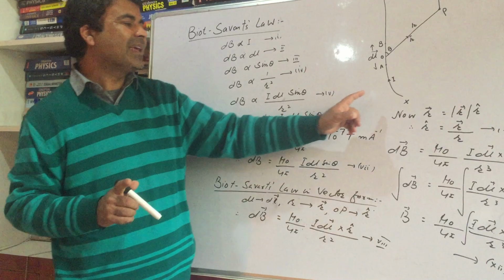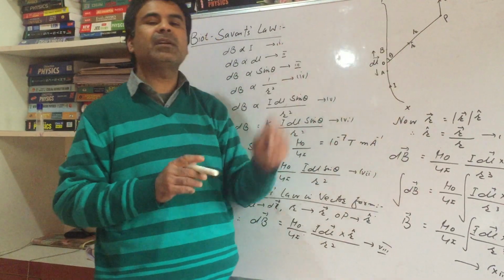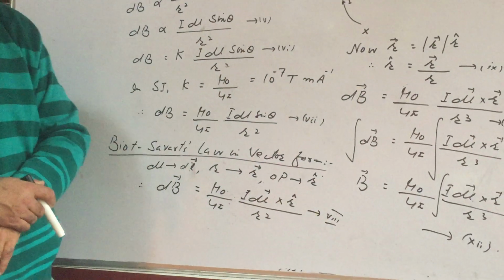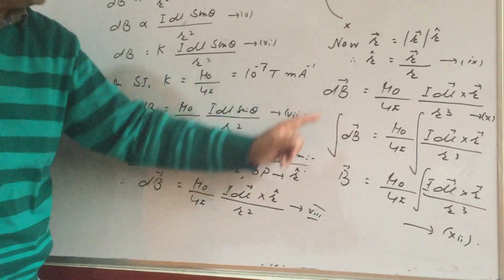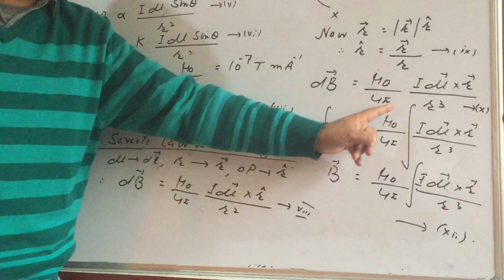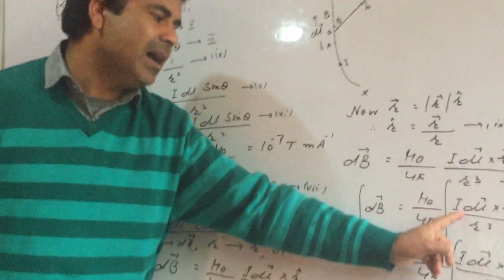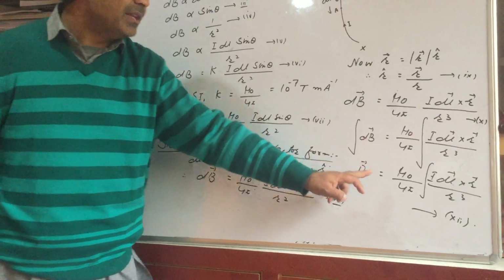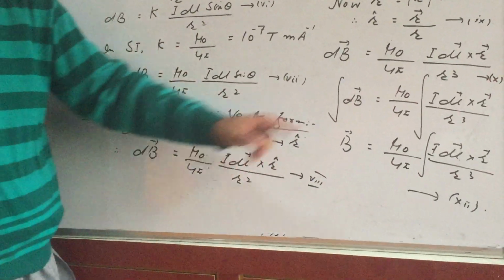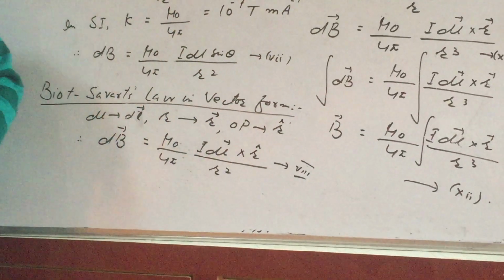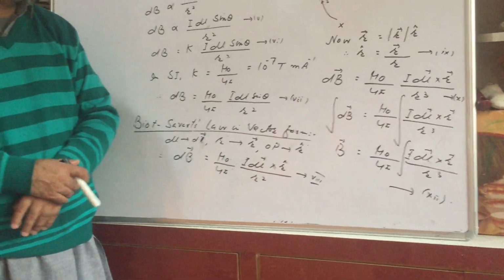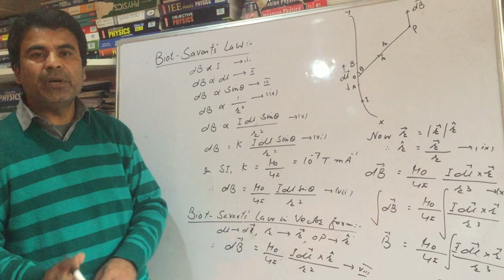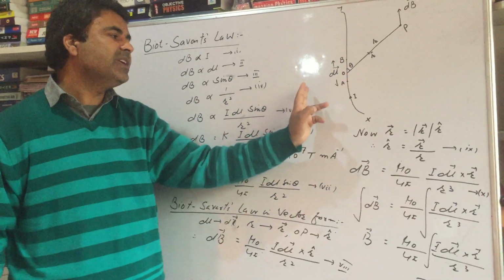To calculate the magnetic field at point P due to this whole conductor XY, we have to integrate equation number 10 over the whole length of the conductor, meaning integration of dB is equal to mu 0 by 4 pi, which is constant, times the integral of I dl cross r divided by r cube. As we know, integration of dB is B, that is equal to mu 0 divided by 4 pi into I dl cross r divided by r cube. Let us call this equation 12. So equation 12 is the required expression for the magnetic field produced by the current carrying conductor XY of infinite length at